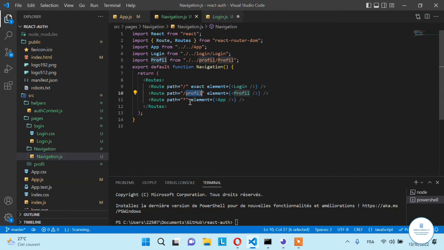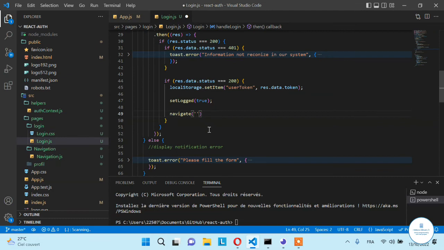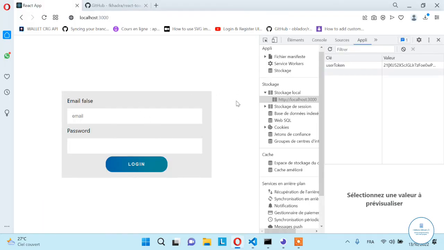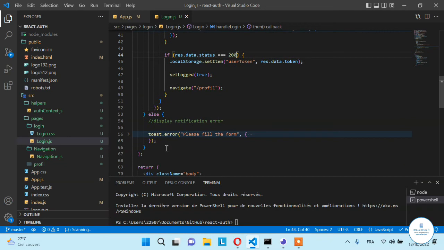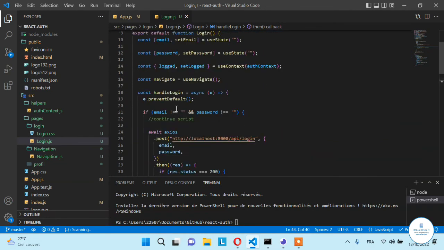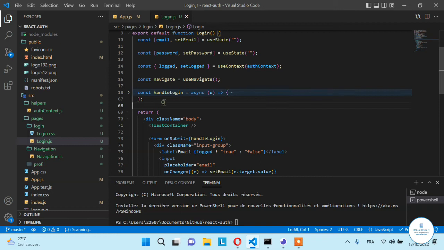And here, when all is good, here where we store the token in the browser, we have a setLogin. We need just to call the navigate, and here we need to provide the route name. And remember, the route names are defined on the navigation page, and this is the route name, the path. We need to provide the path. Okay, so let's say when all is good, we want to redirect to the profile page,